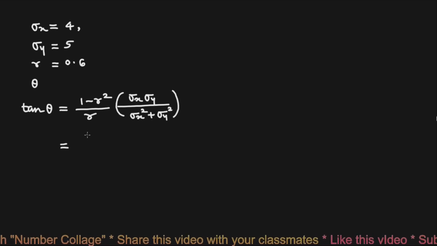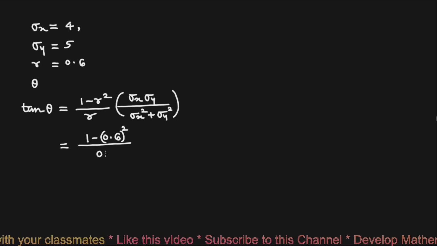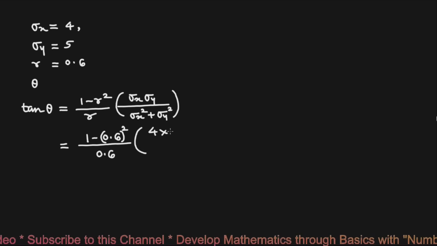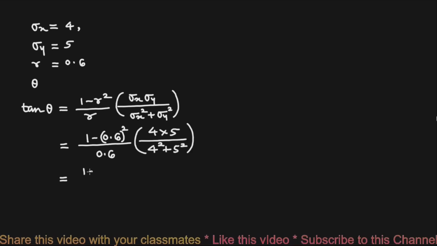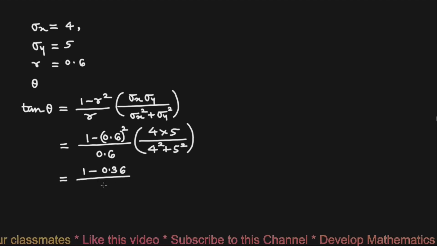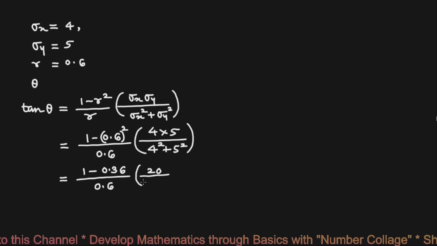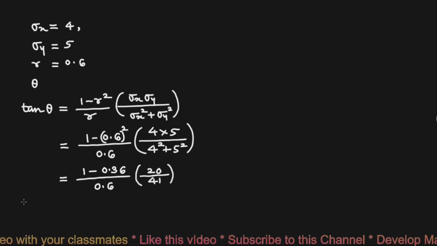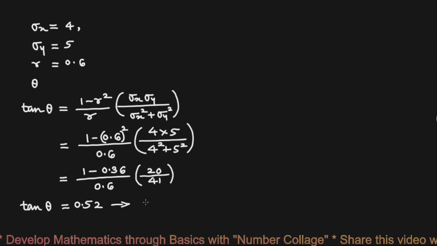It will be (1 minus 0.6 square) upon 0.6, into 4 into 5 upon (4 square plus 5 square). That will be (1 minus 0.36) upon 0.6, into 20 upon (16 plus 25), 41. This gives tan theta equals 0.52